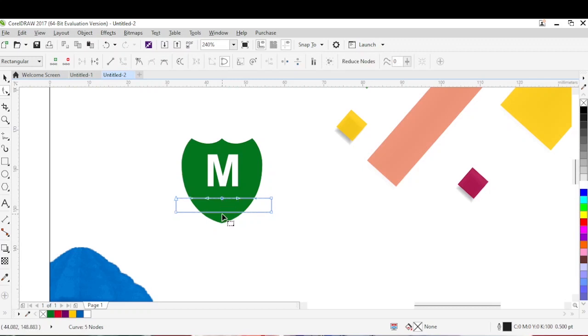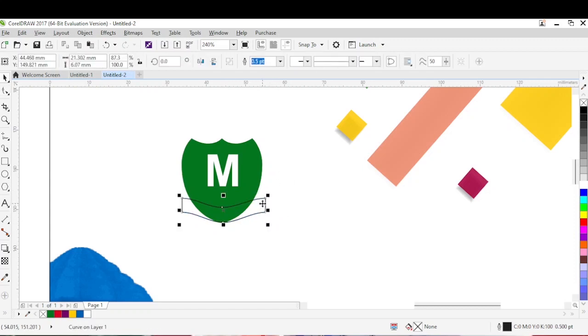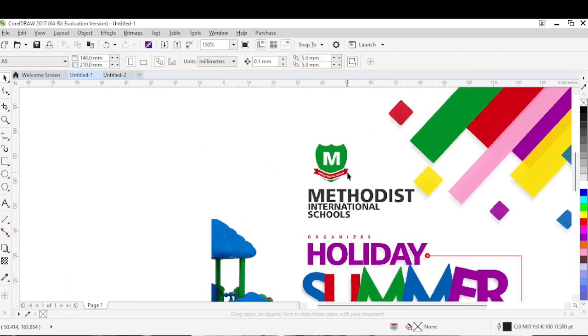I'll add a node here and add a node here. Sorry, I'll add it here as well. Then I'll pull both sides down at the same time. Okay. Here. So the next thing I'll do is, let's see, I have some stuff going this way